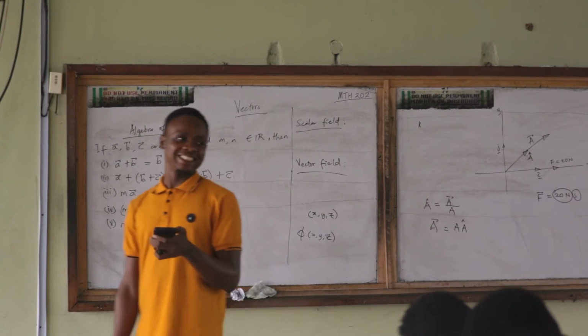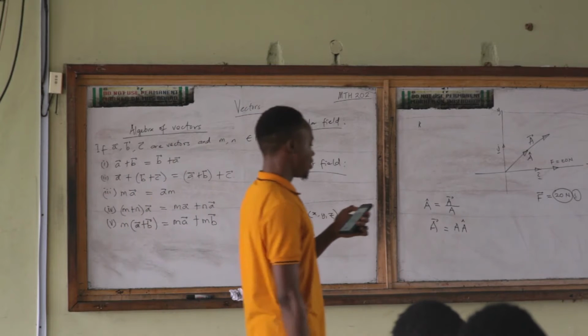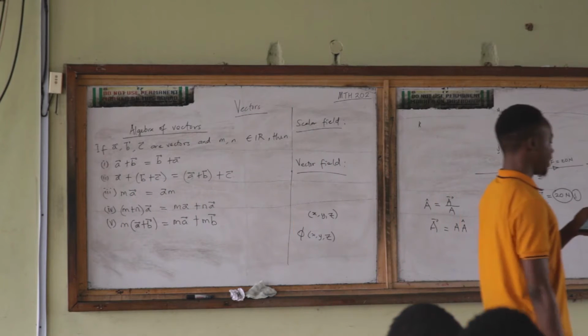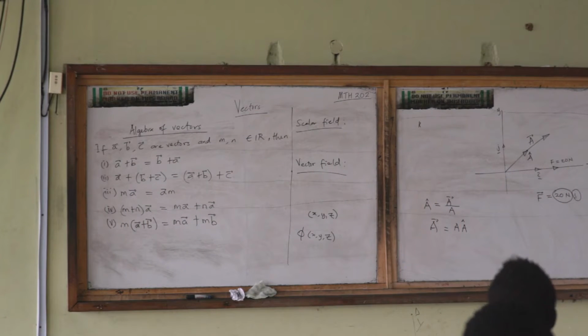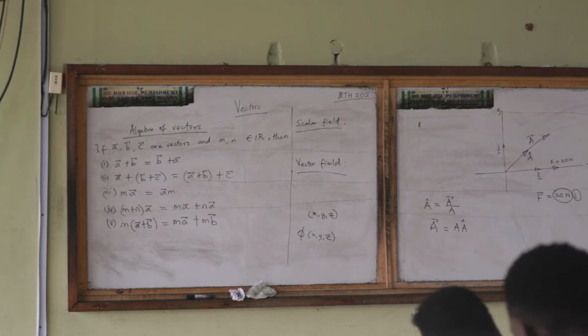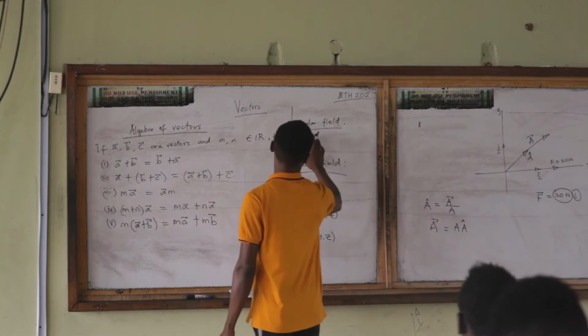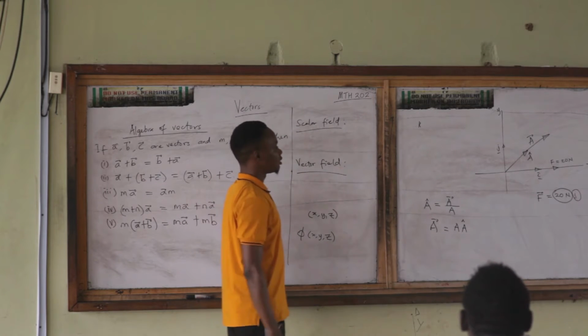has been defined in R. Okay, if to each point x, y, z of a region R in space, there exists a scalar phi of x, y, z, then phi is called a scalar function. Full stop. And we say that a scalar field phi has been defined in R. Okay? So, listen. So, this simply means that